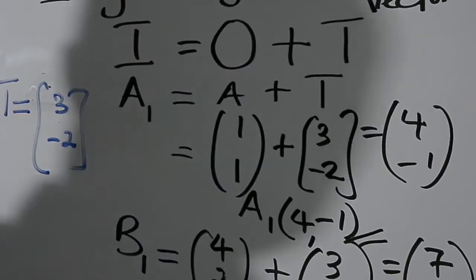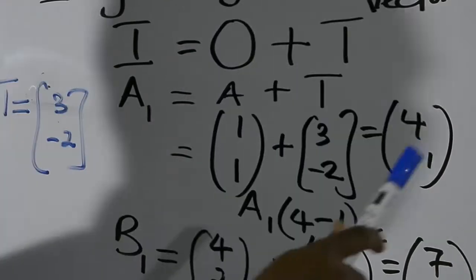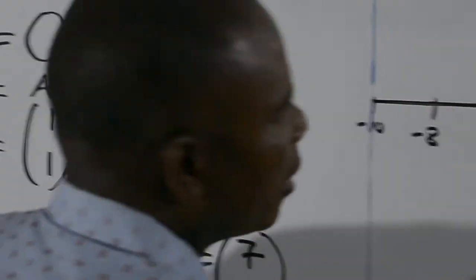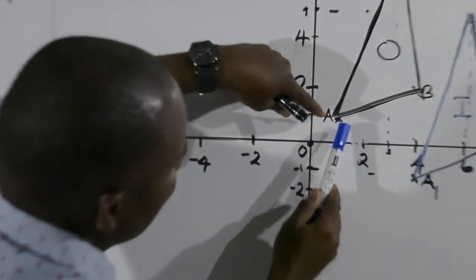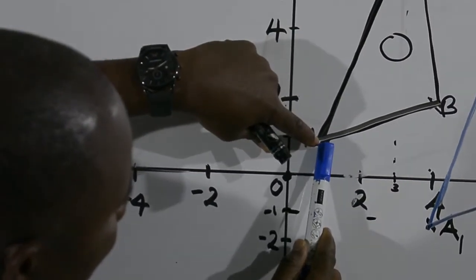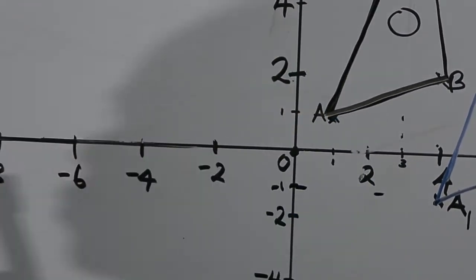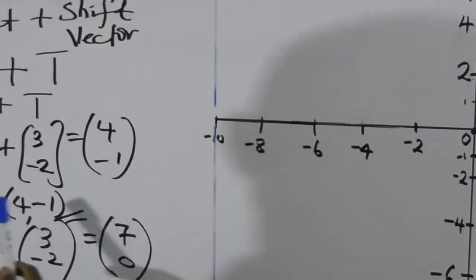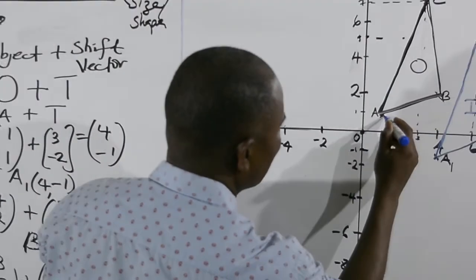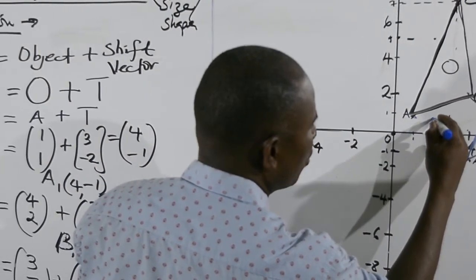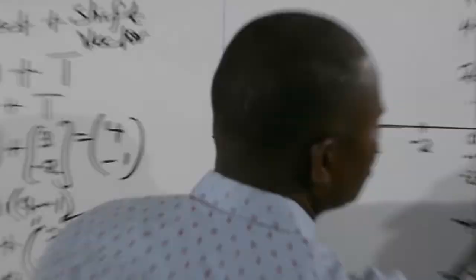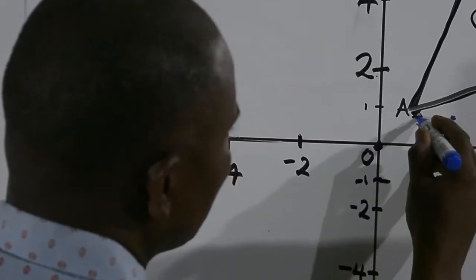So you can also move it without doing this computation. You can just move A. So if I want to move this A, you see how it goes. This is number 1. So if I move 3 steps, I'm going to move 3 steps from number 1. So if I move 3 steps from number 1, I'm going to move here. This is 1, then this is 2, this is 3, because it said x is 3.